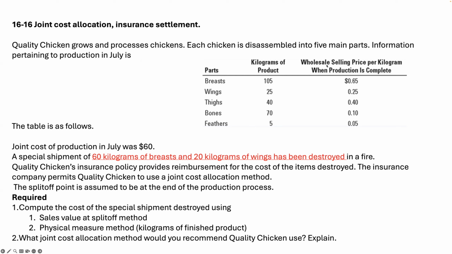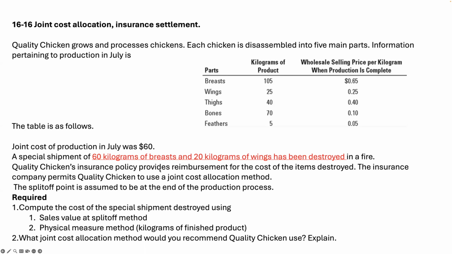The wholesale selling price per kilogram when production is complete, right? So you have a production. At the end of the production, you have these 5 parts, right? And then at that time, the price for each part that can be sold. So in July, the joint cost of the production is $60, there is a special shipment of 60 kilogram